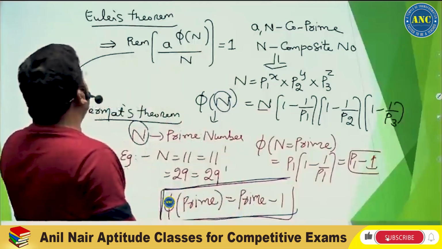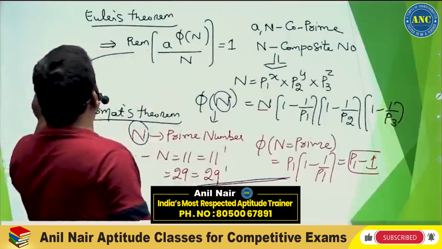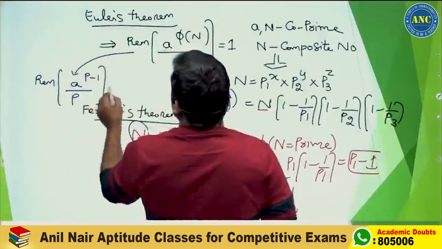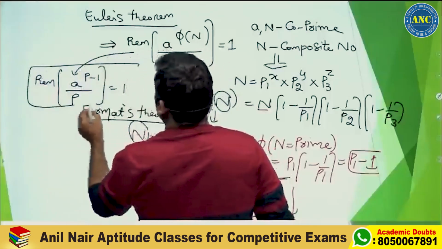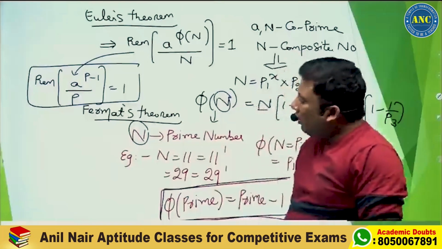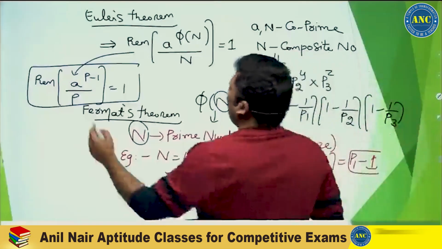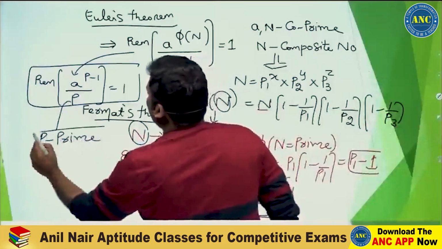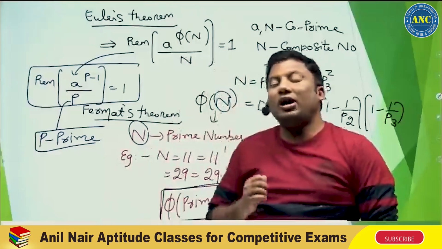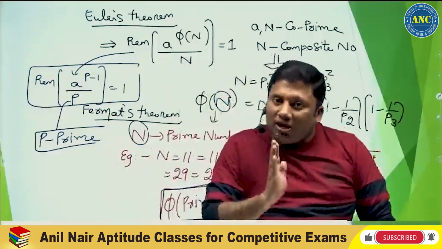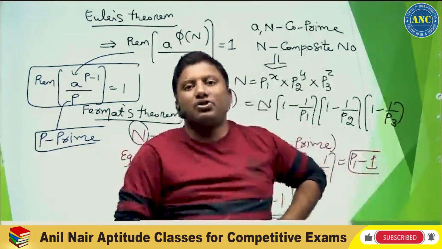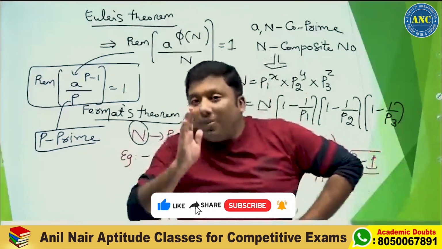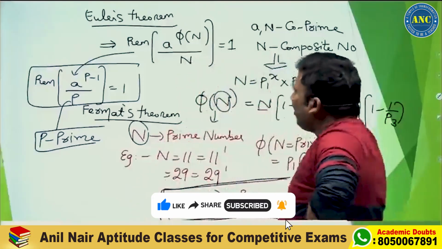So in Fermat's theorem, if N is a prime number, it will become a power P minus 1 divided by P, which is nothing but 1. A power P minus 1 when divided by P is 1, where P is a prime number. Very, very important concept. The difference between Euler's theorem and Fermat's theorem is, Euler's theorem is used when the denominator is a composite number. If the denominator is a composite number, Euler's theorem is used. Fermat's theorem is used when the denominator is a